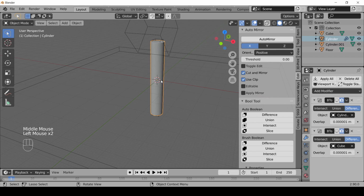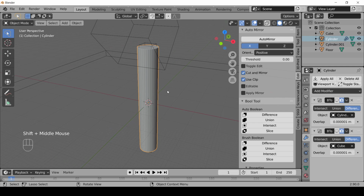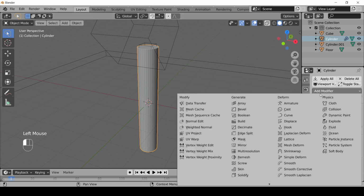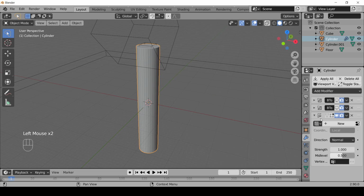Okay. Now let's add our displace on here. So displace is also a modifier, and it's got lots of cool uses. In the past, I used it when we made lithophanes. Today we're going to use it on a cylinder. So here we go. Add modifier. Under deform, it's displace, and we can collapse down the Boolean modifiers there. Here it says, okay, well, what are we going to be displacing? Well, we'll hit new,